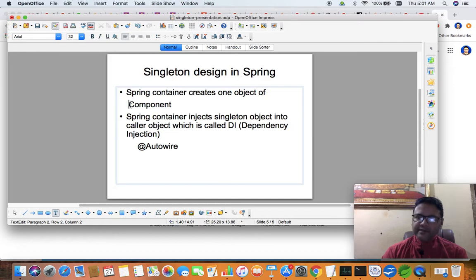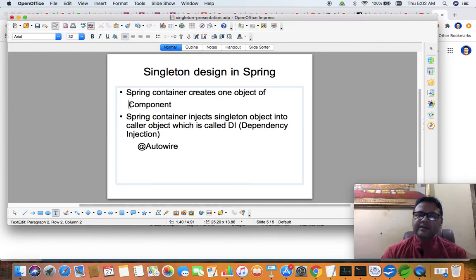In an ordinary Java project, we were creating the object inside a private constructor, and we were taking a lot of precautions so that multiple objects of a singleton class could not be created. But here we don't need to worry about it. We don't need to create a private constructor, because that part will be taken care of by the Spring container.